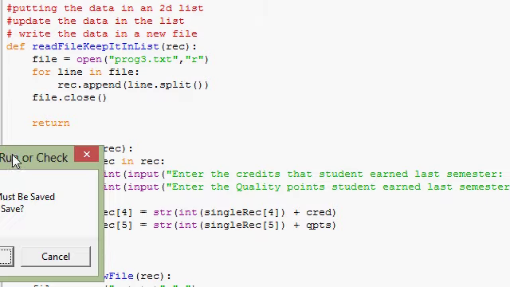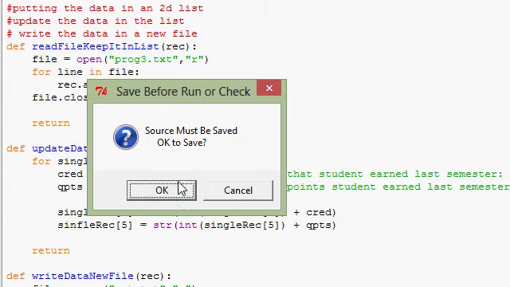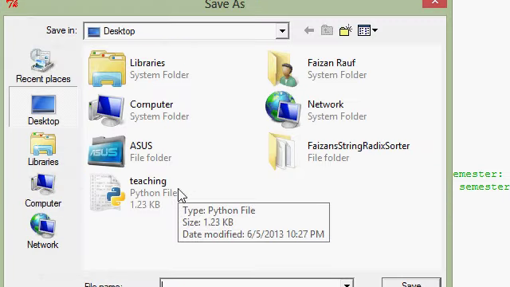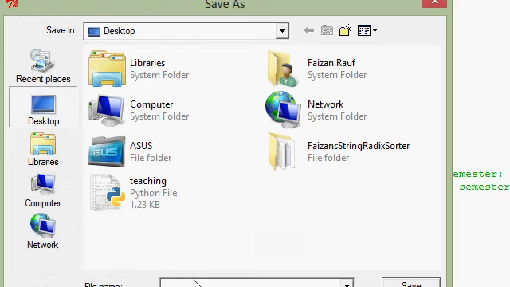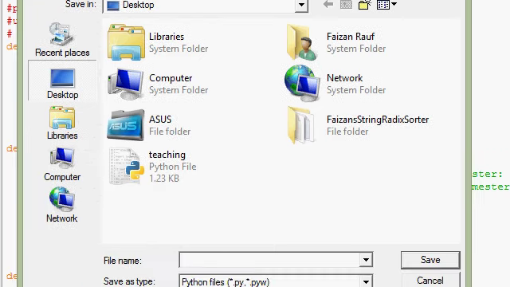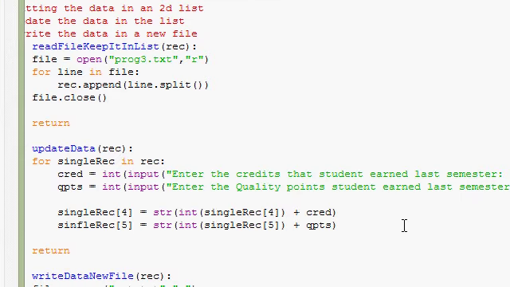We didn't save the program, so we have to save it, and you should be doing it all the time. I would say updater.py. I'm saving it on the desktop where my files are, where my actual proc3 file is. Okay, it's now saved. It actually runs here. You see,